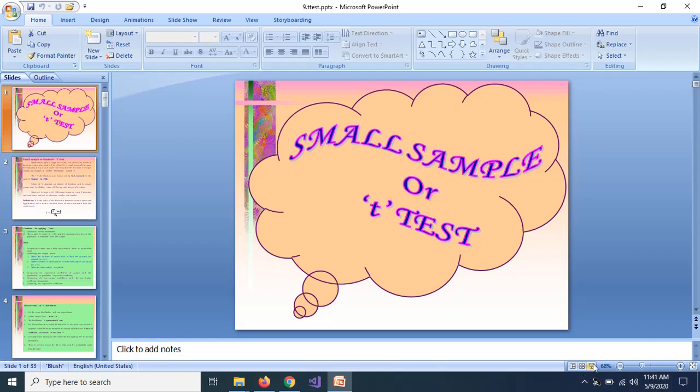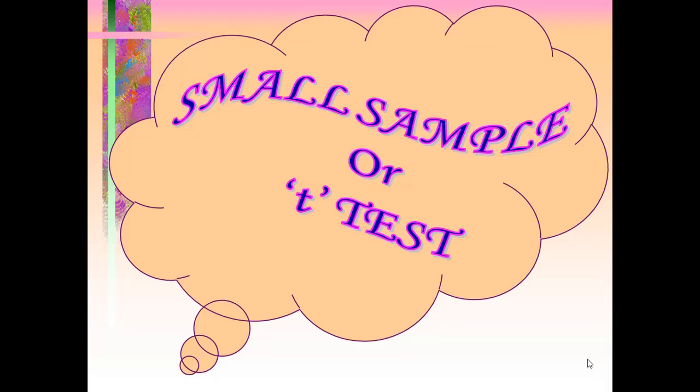Hello, friend. In part 1, we discussed the large sample test, which is mainly used when we want to compare the two large sample means with the hypothetical mean, or a large sample with the population mean. There we have seen that the condition for application of the large sample Z test is that the sample size should be more than 30. Now when the sample size is less than 30, then another test of significance should